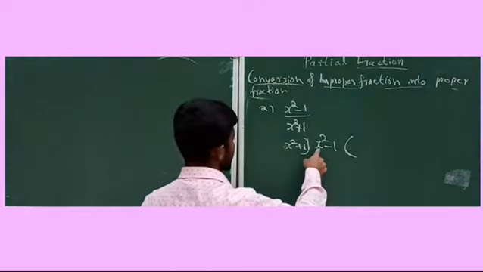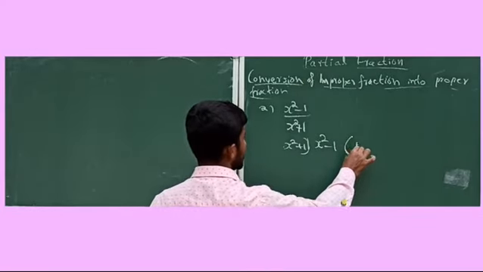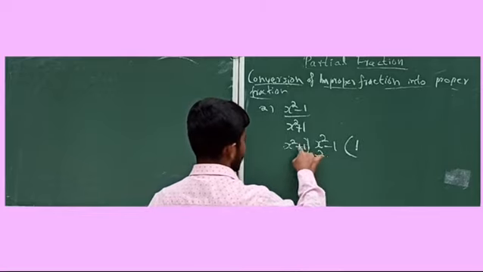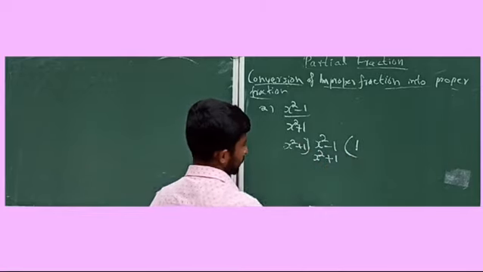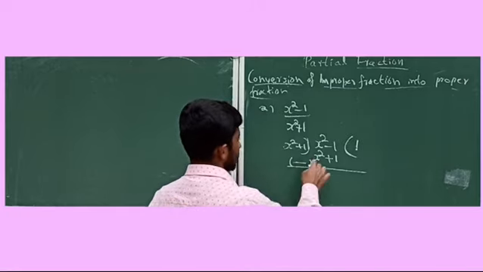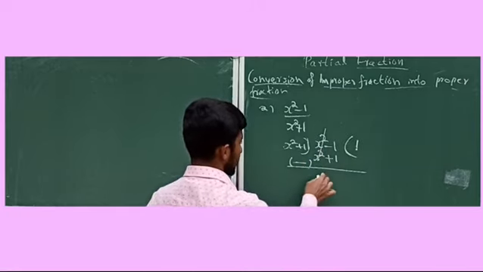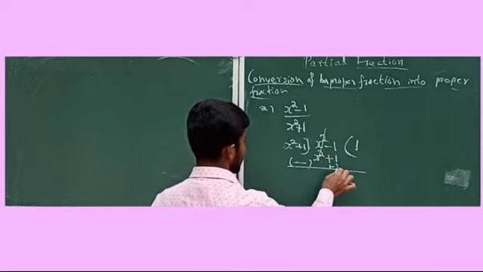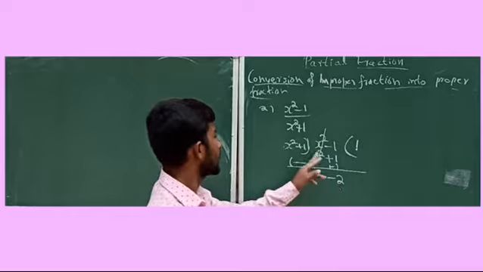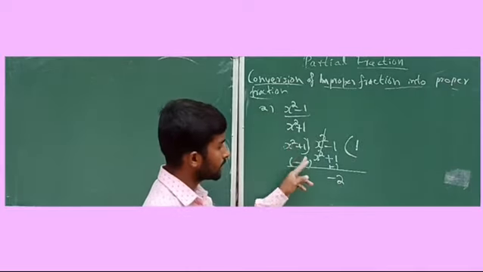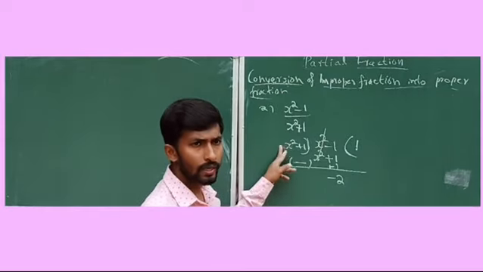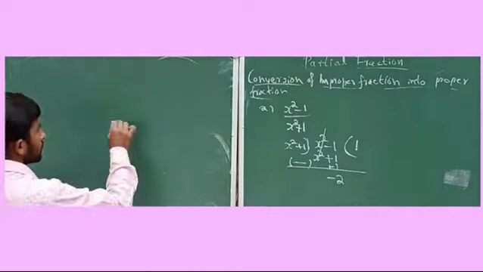Okay. First, see x square, here also x square is there, take 1 here. 1 into x square is x square, 1 into 1 is plus 1. Okay. Now simplify this one, subtraction. See, x square minus x square gets cancelled. Minus 1, here minus 1, it's equal to minus 2. Now see the degree of the remainder and the degree of the divisor. The degree of the remainder is 0, the degree of the divisor is 2. Okay, now it's in the simple fraction.